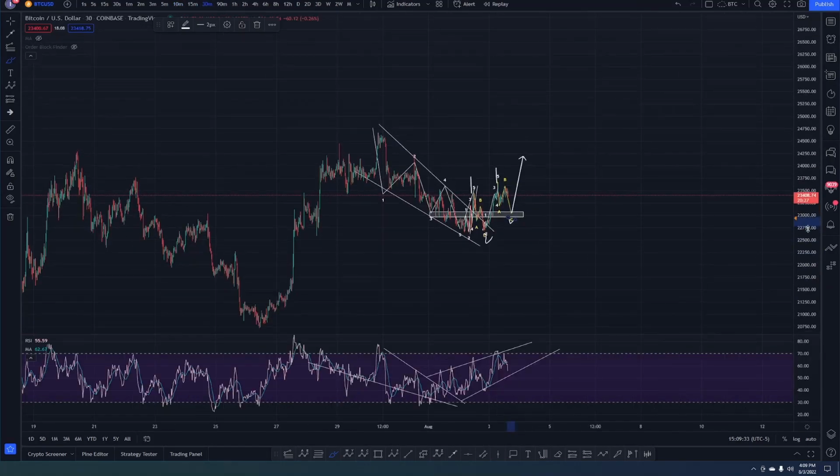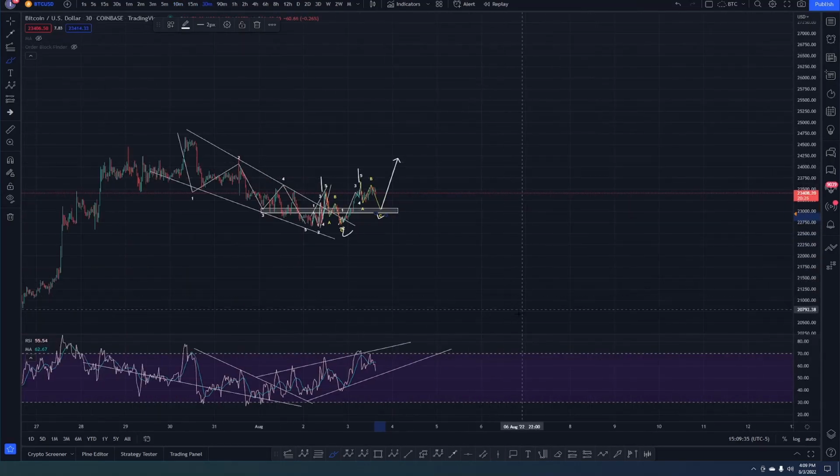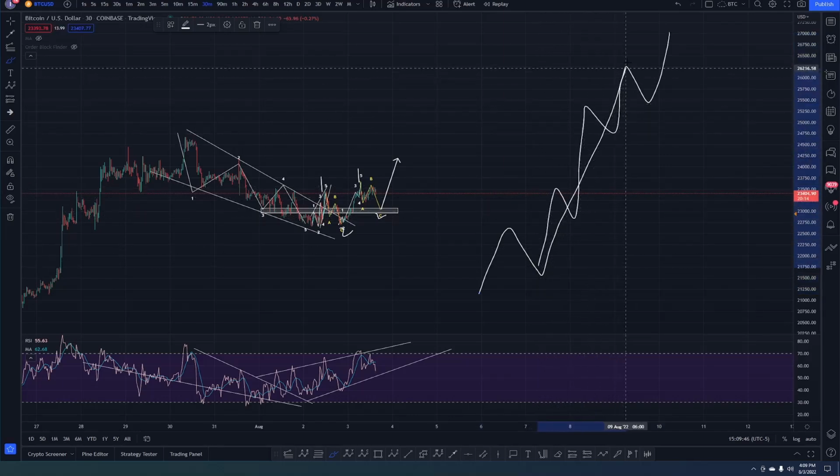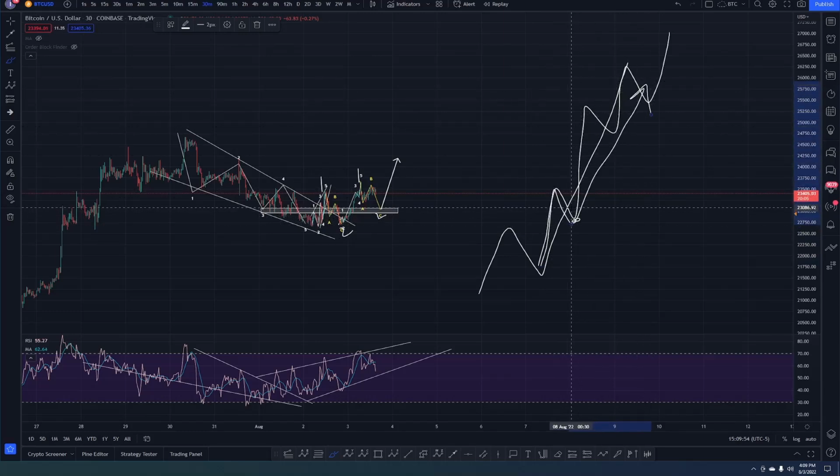So in other words, what you want to see in an impulse wave, let me show you here, is you get a 1, 2, you get a wave 3, 4, 5, and then in that 3rd wave here, you're going to get 1, 2, 3, 4, 5 waves within that wave. So the second 1, 2, okay, is the 1, 2 of the 3rd wave. Okay, that's a very bullish